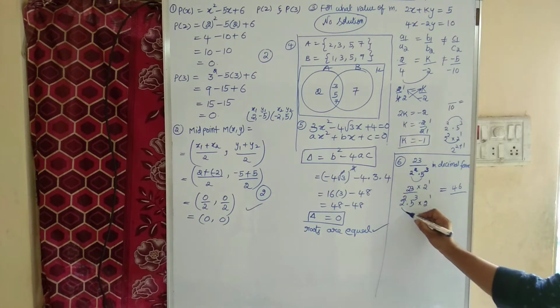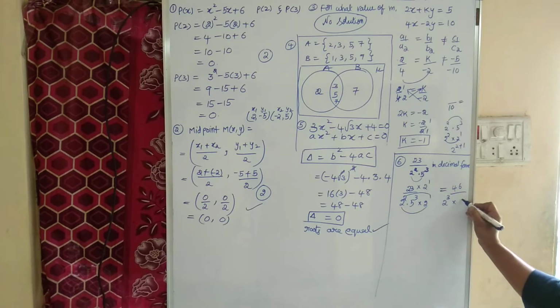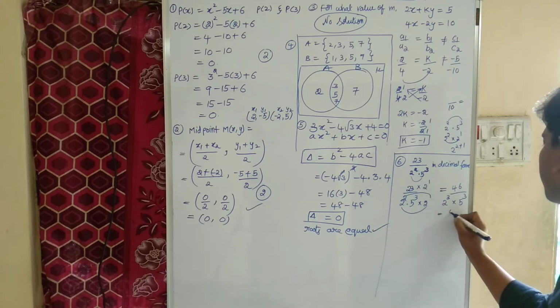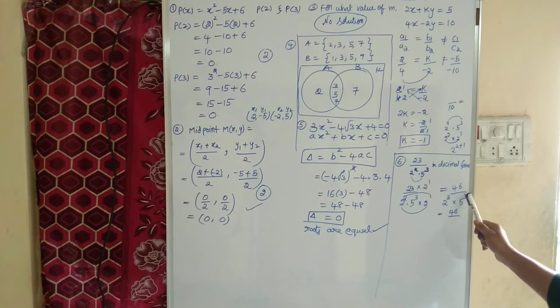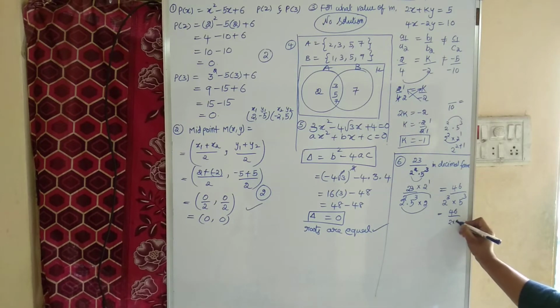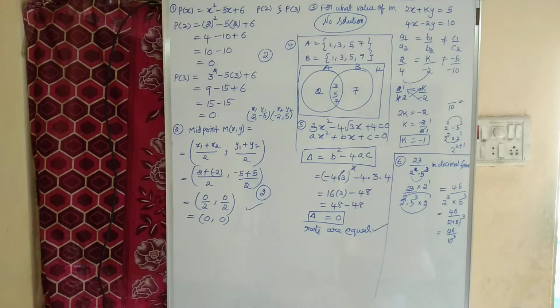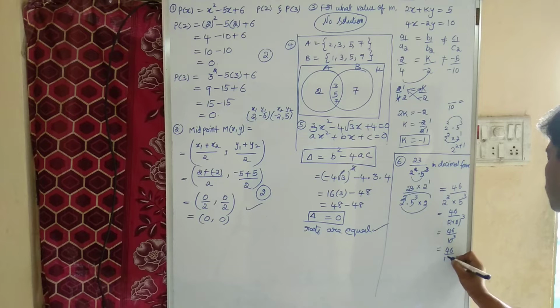Now bases are equal, so powers should be added: 2 power 2 plus 1, 3, into 5 raised to the power 3. So I can write this as 46 by, again in the form of a power m into b power m. As powers are equal, bases should be multiplied: 2 into 5 whole to the power of 3. So 46 by 2 into 5, that is 10, 10 to the power of 3. 10 to the power of 3 is nothing but 1000.